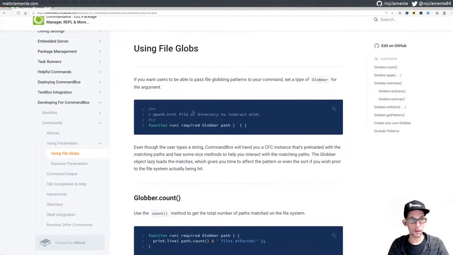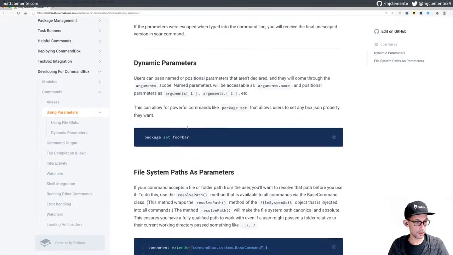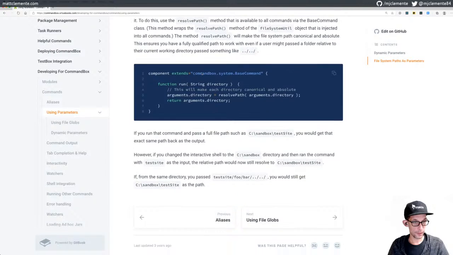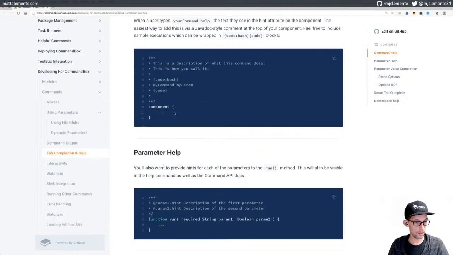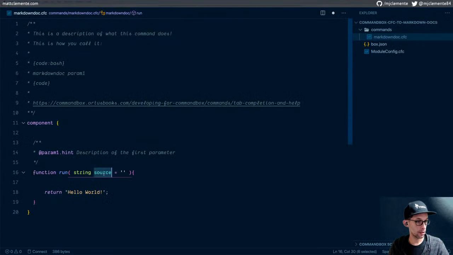No. There's dynamic parameter file system path. If your command, you want to resolve that, use resolve path. There's a handful, and this is in the docs here somewhere. Maybe it's with tab completion, where CommandBox. Oh, there we go. Okay. When a user hits tab, parameters with directory, destination, file, or path in their names will automatically be given file path suggestions. So we'll start with path here, because that's going to give us, all right, param1 is path.hint, and